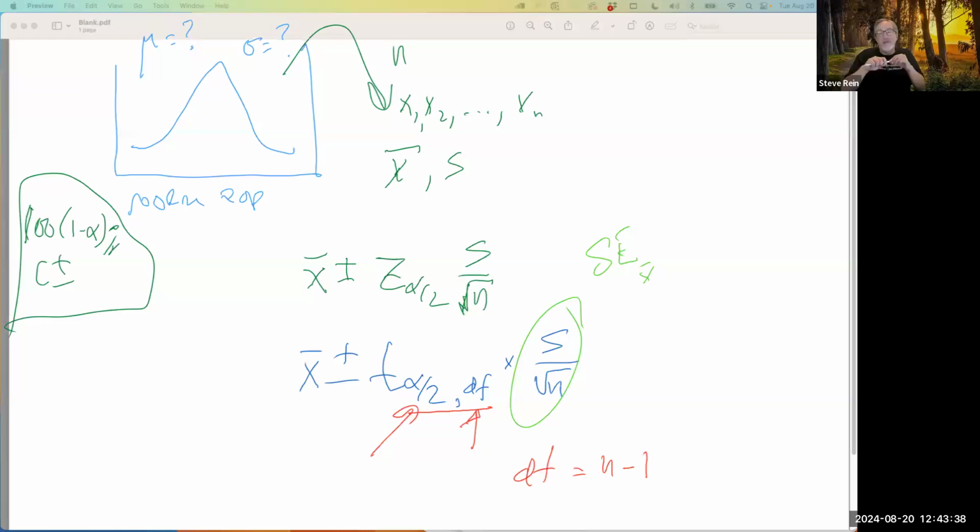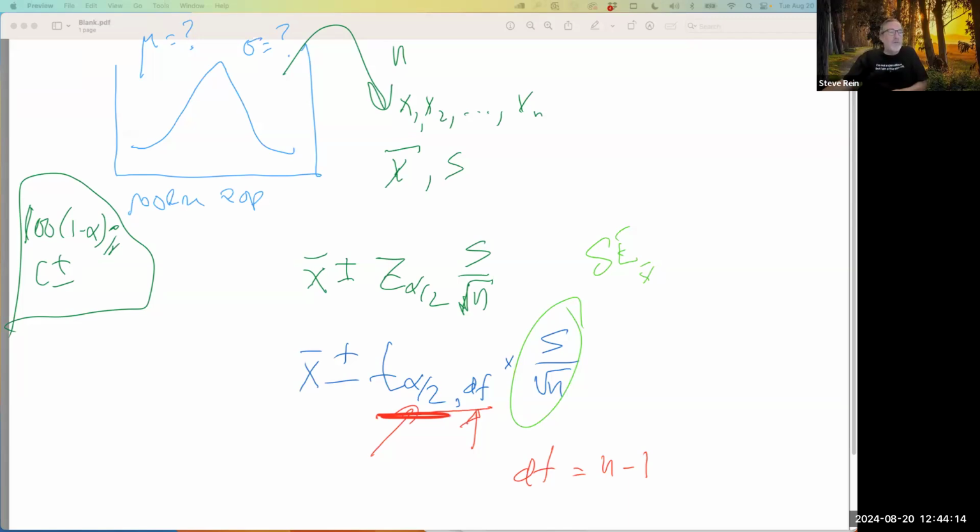Conceptually, if you have a lot of data values, your S is going to quite nicely approximate sigma. But if the number of data values N is small, like 5 data points, S might be quite a bit larger or quite a bit smaller than the actual value sigma. So we're averaging over all possible S values, or better, S squared values. And here is the approach we should be using: use this other curve instead.